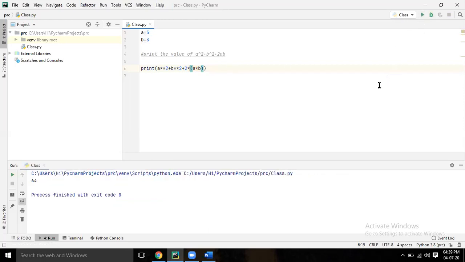Perfect. So this is how you have to do. Now you know the concept. Now you should do small programs, then only you can apply the things. Save it.